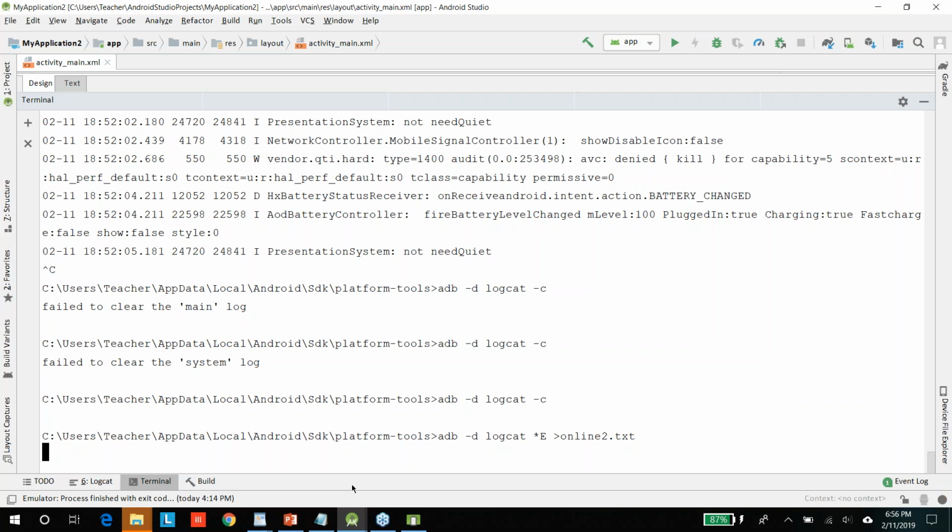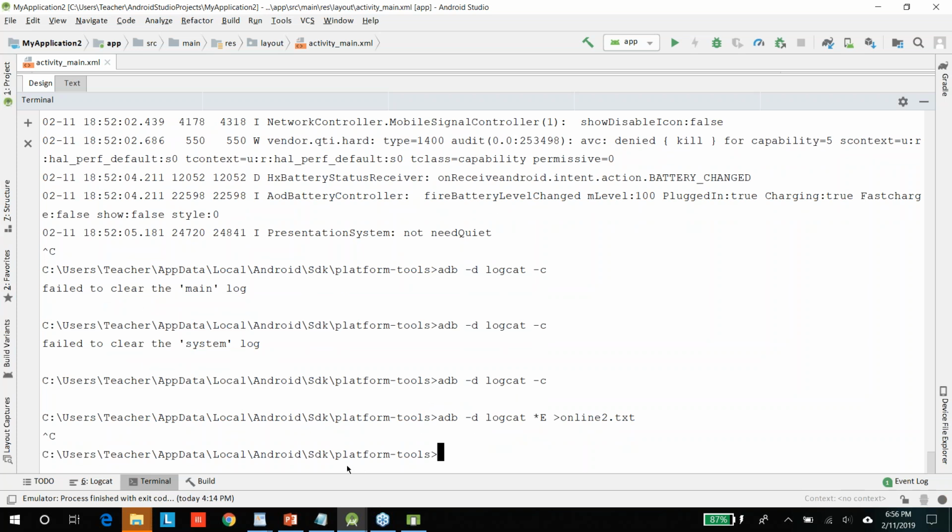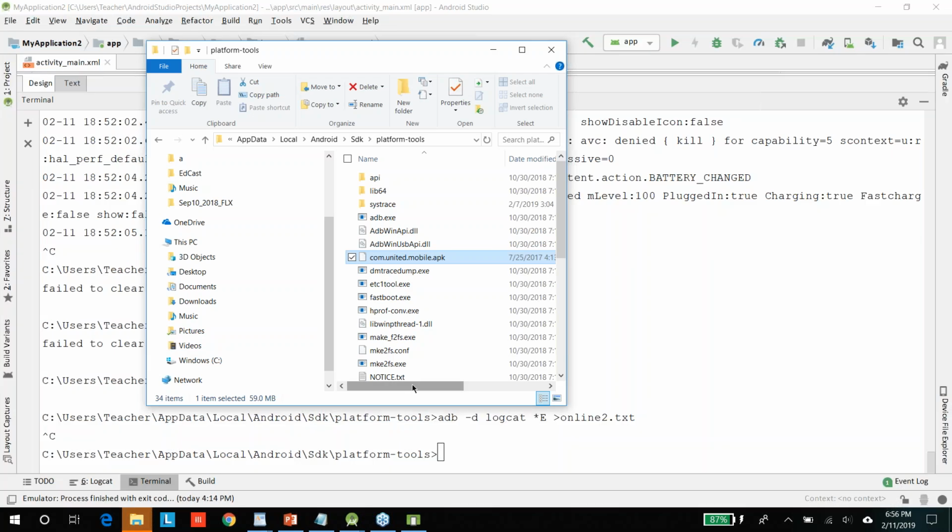Well, Nadia, you're not in platform tools. Please switch your path. This has to be like your mantra: you have to be in platform tools. So you see, guys, this log file is being collected in your text file. That's why you see the blinking cursor. Control C to stop it,